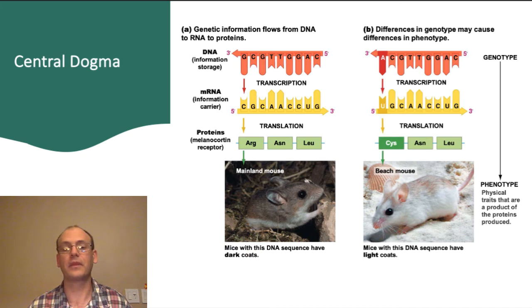This mRNA is then translated into protein, which may be an enzyme that gives the mouse a dark coat color. In a different mouse, the DNA sequence is slightly different, having an adenine at this first base instead of a guanine. As a result, the mRNA is also different, and that code is then used to create the polypeptide, which is also different. This particular polypeptide, in turn, causes this mouse to have a light coat.